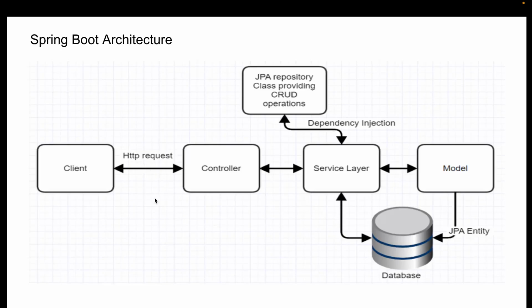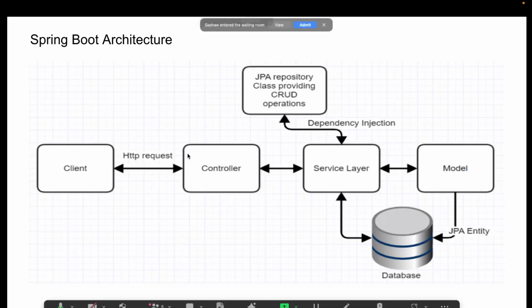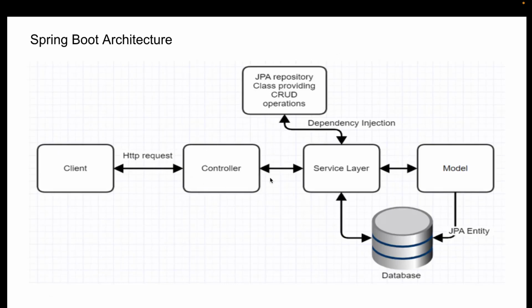So what we do, we will use a get mapping, and we would use something like slash users slash ID, and in the payload in the JSON format we would name the company named Meta. Let's say we have passed this HTTP request to the controller. So now this controller will basically call the service layer,